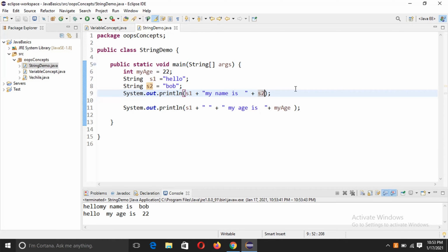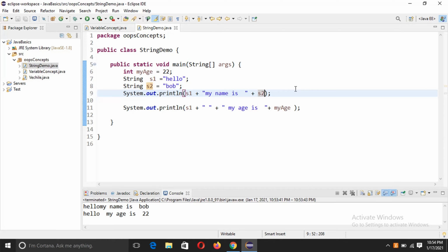Like this you can do some cool stuff using the string class and its objects. String is just like any other class, and we have to create an object for it in order to store our data in the form of text. String is nothing but a bunch of characters written inside double quotes. It's very simple. I hope you have understood and liked this video.